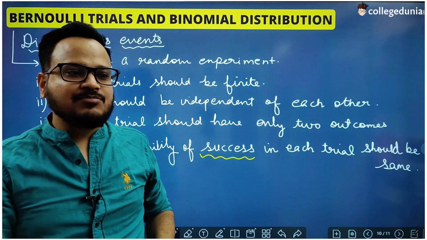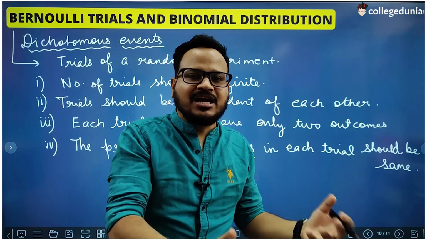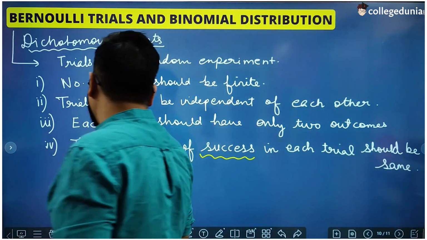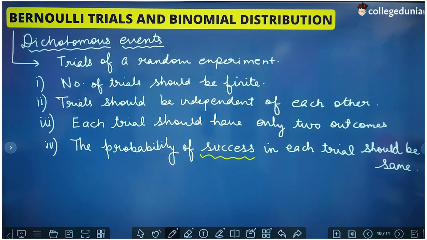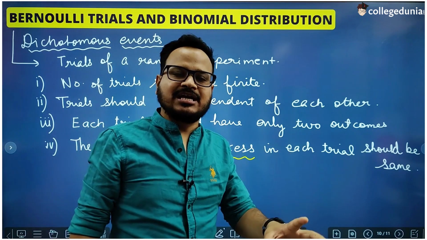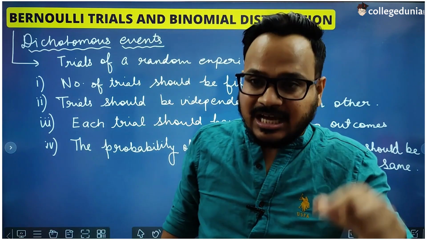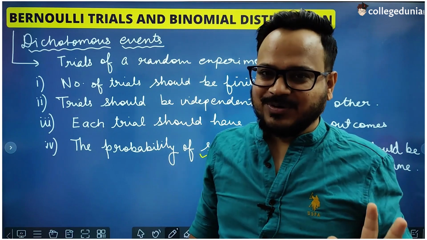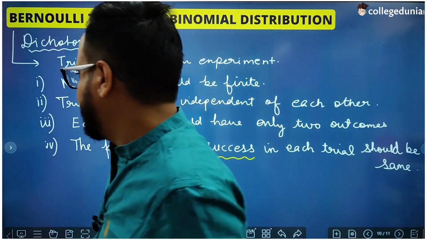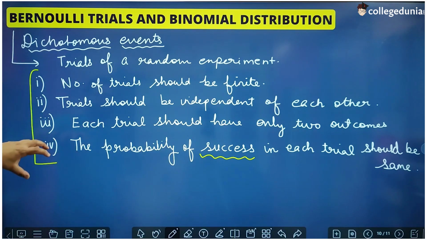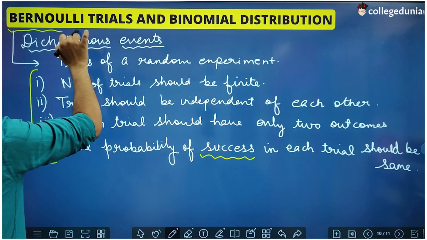Or if I'm saying that what is the probability of getting a tail, then tail becomes the success and head becomes the failure, right? So the probability of success in each trial should be same. Even if I'm tossing a coin 10 times, 100 times, 1000 times, then for each trial the probability of getting a head is 1 by 2, right? So it is same in every trial. So these are the four conditions that should be fulfilled by the trials. Only then they will be called as Bernoulli's trials,